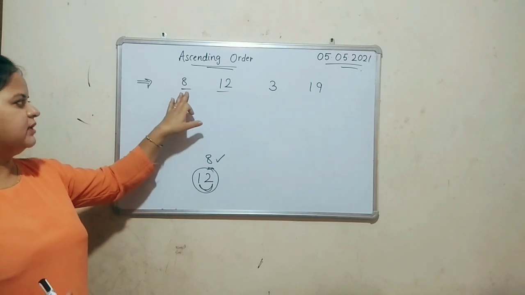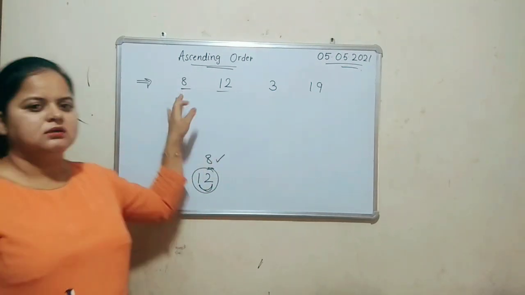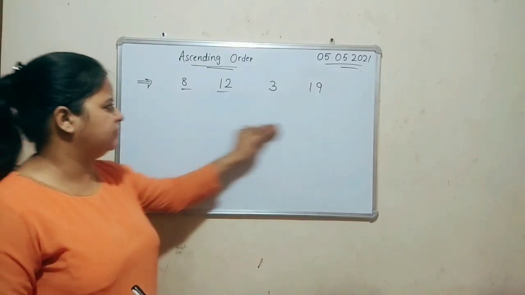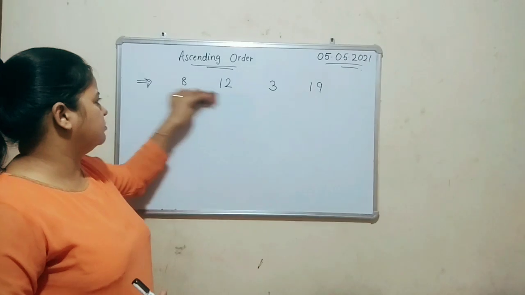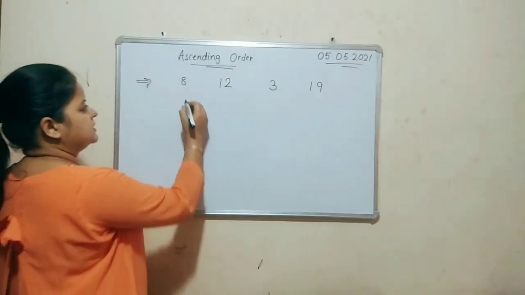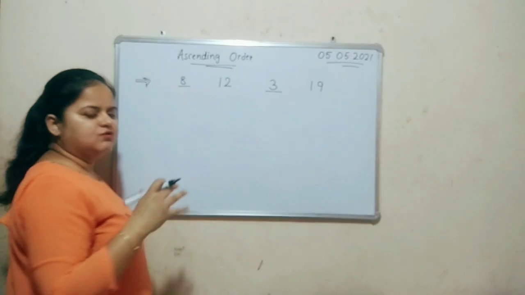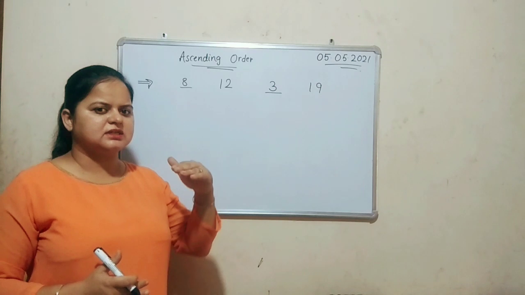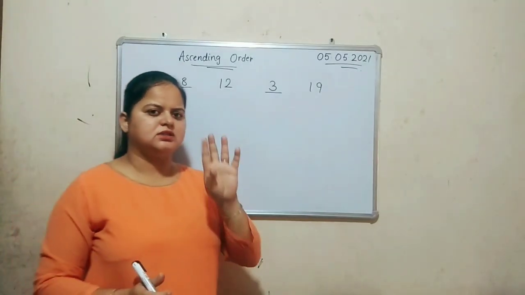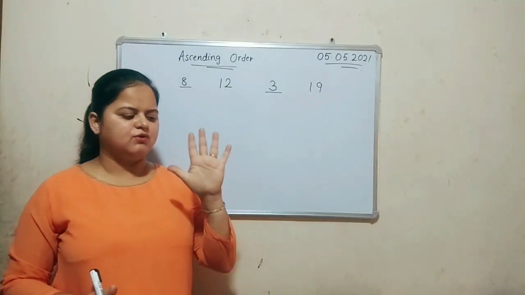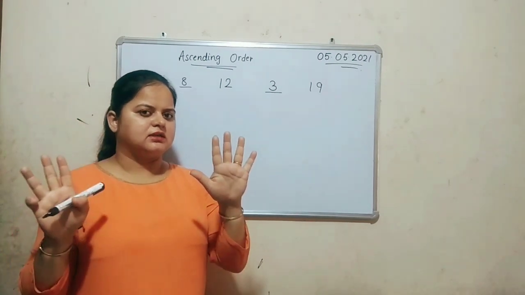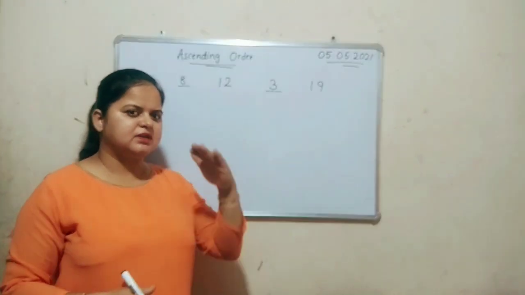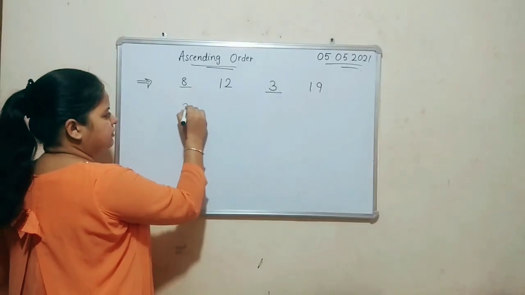Okay. So now we have 2 numbers of only 1 digit: 8 and 3. 8 और 3 1-digit number हैं. इन दोनों में से smaller कौन सा है? Which is the smaller one, 3 or 8? Which number comes first when we are speaking counting? 0, 1, 2, 3, 4, 5, 6, 7, 8. Which number comes first, 8 or 3? 3 comes first. So 3 is the smaller one.